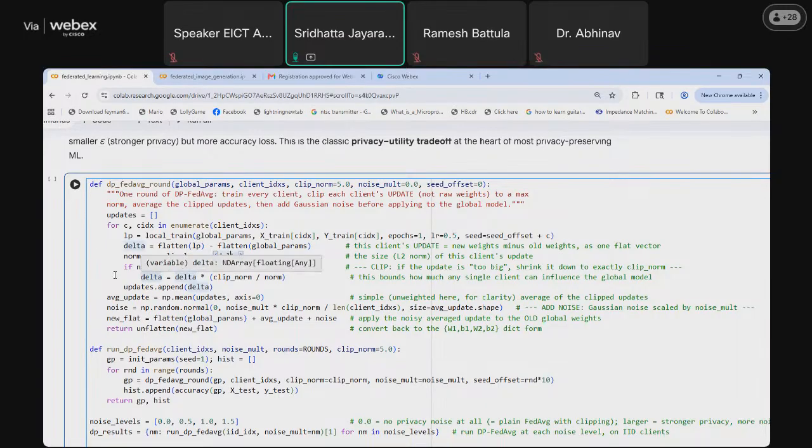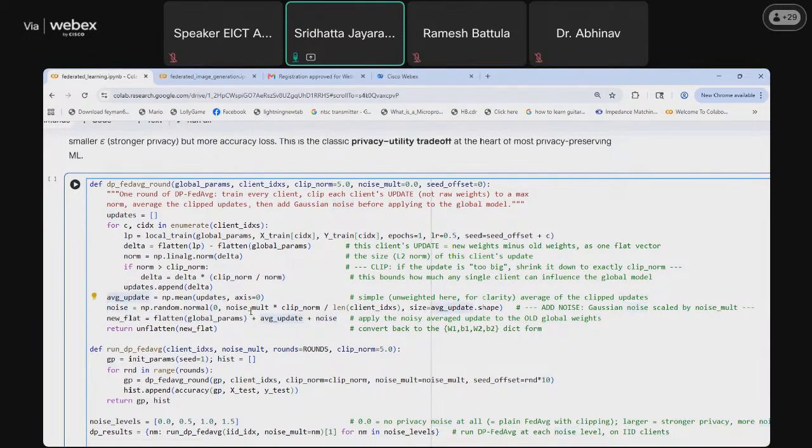If the norm is greater than the clip_norm, which is given as 5, then delta is multiplied by clip_norm and divided by norm, and the result is updated into delta. Then in the average update, the mean is applied over these clipped updates.